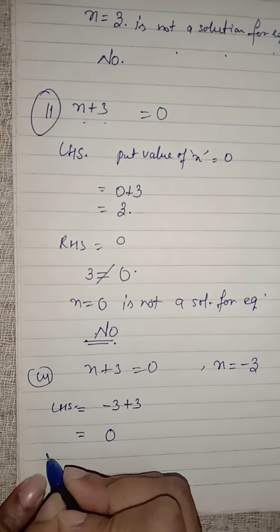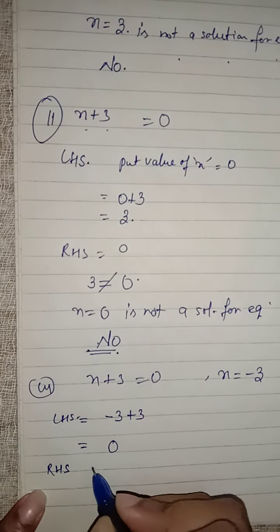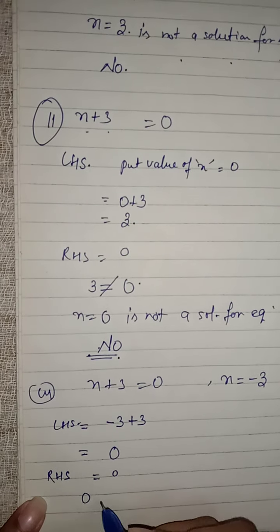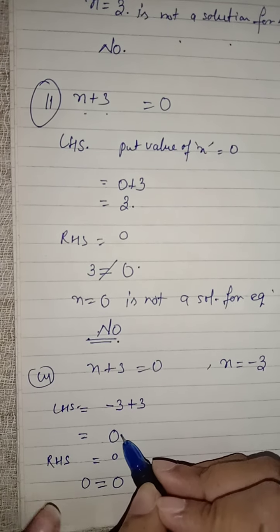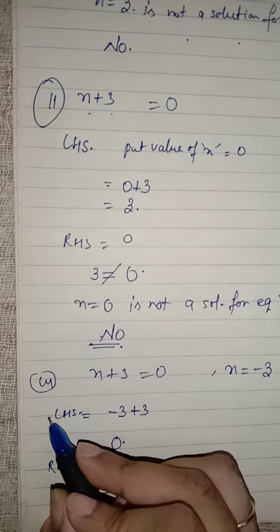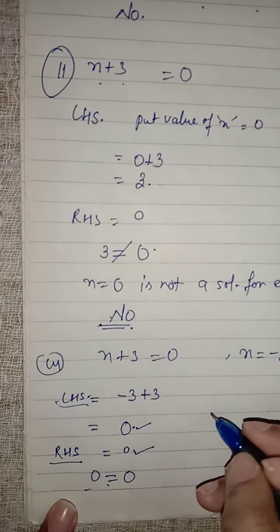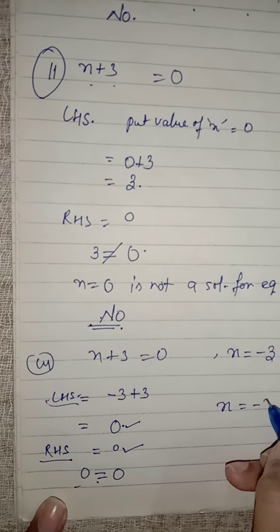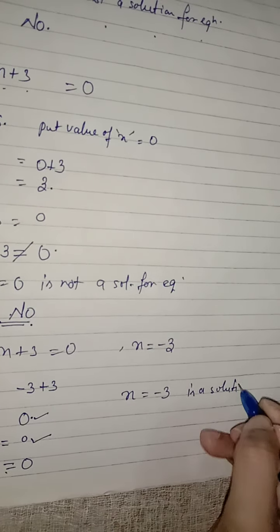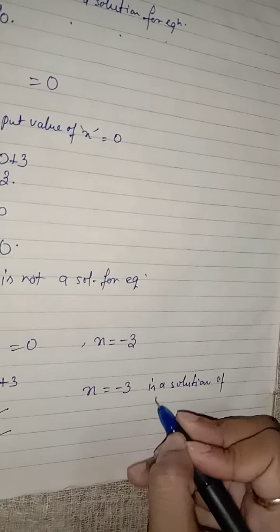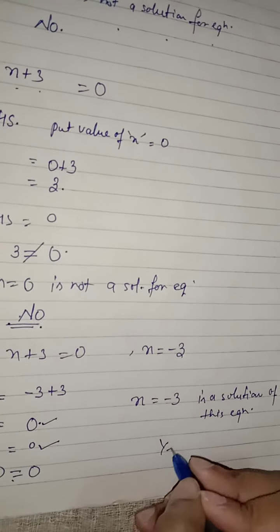Now by comparing left hand side to the right hand side, we can see that we have 0 is equal to 0. Both the sides have equal answer. Left hand side has 0 and right hand side has also 0. In that way we can say that x is equal to minus 3 is a solution of this equation. In that way we will write yes,